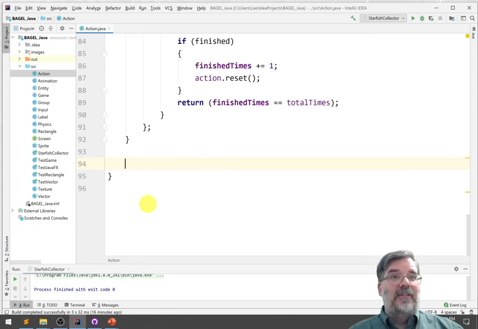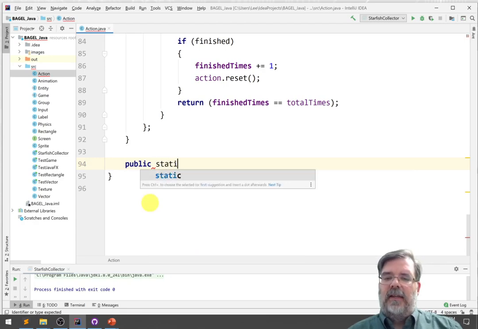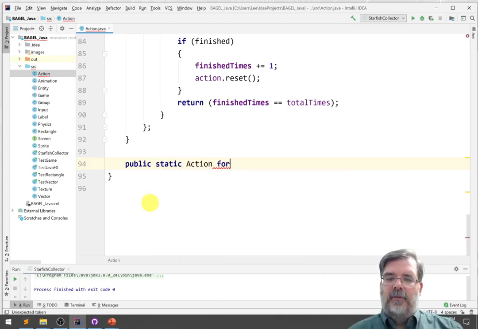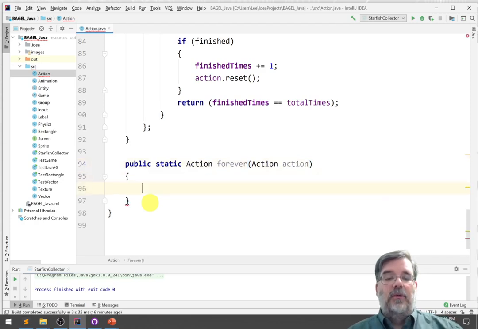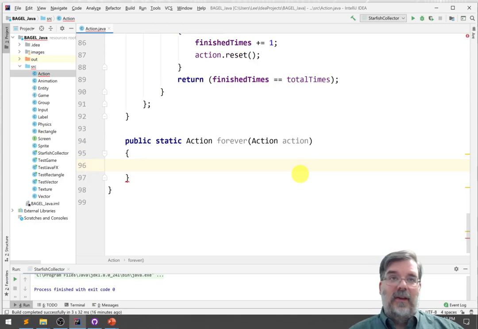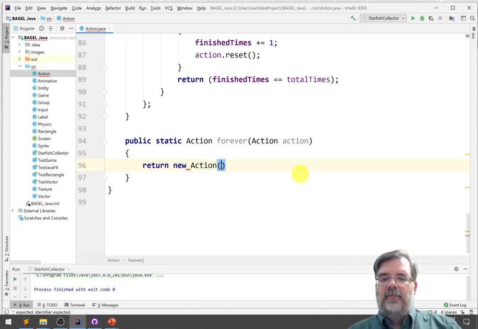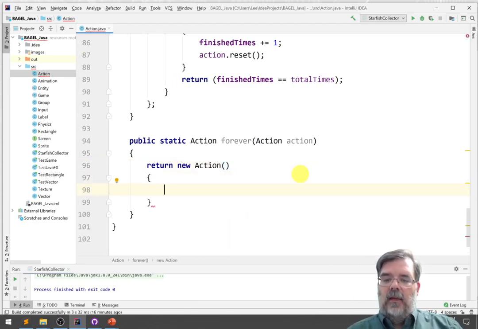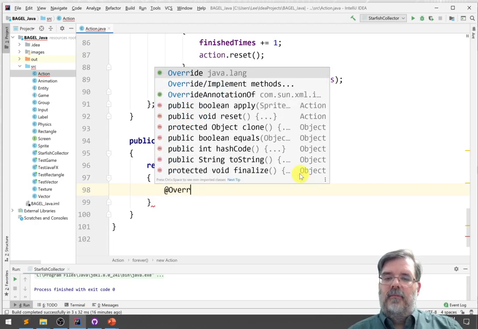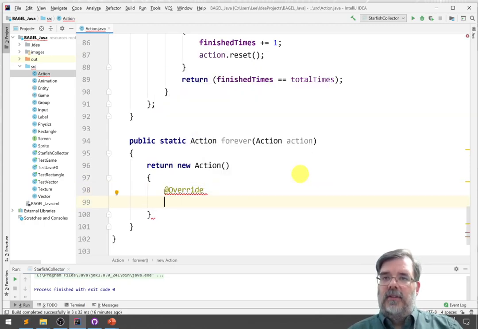A forever action never stops. So, public static Action forever. This just needs to take in a certain action, and we don't need total times in this case because total times is forever. Again, we return a new action, and we have to override the function apply. Right, so public boolean apply